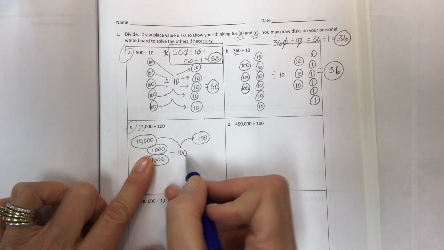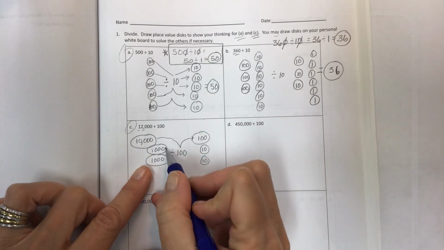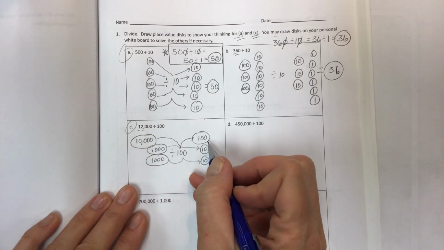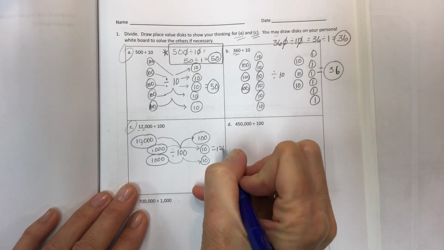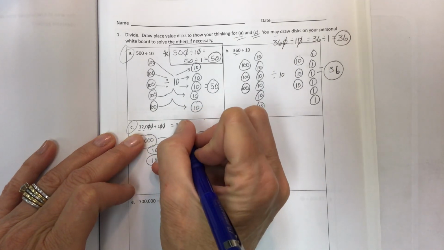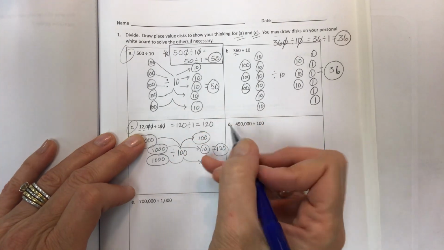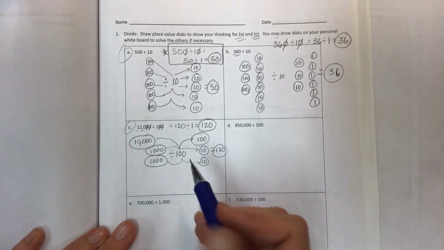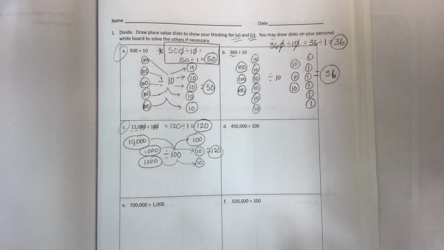And then for this 1,000 divided by 100, hop, hop, hop, hop. And so then you should end up with 120 and slash, slash, slash, slash, 120 divided by 1 equals 120. Sorry. There you go. Okay, so now that hopefully you understand what's happening with all of these place value discs,